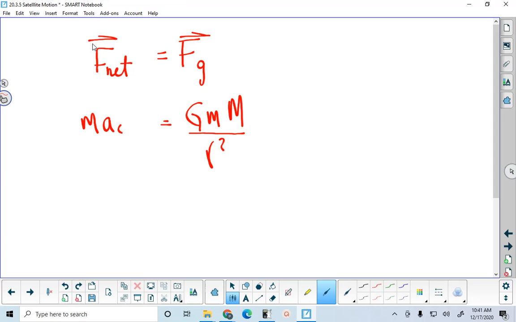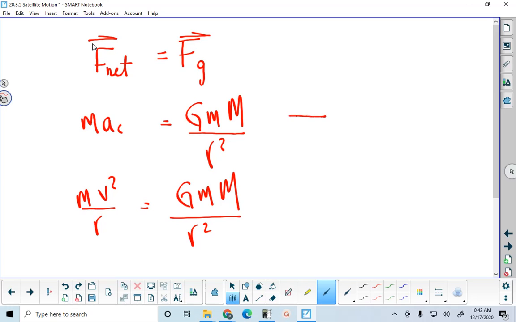Most of the time, you put v squared over r in for a, unless you're trying to find r from the period. So instead, for a, you can put in this,